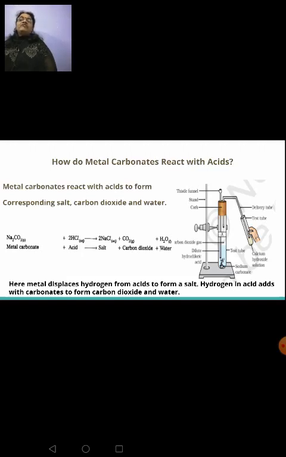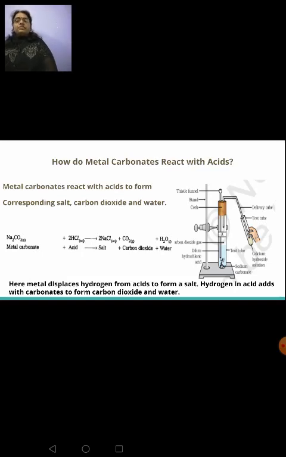In the figure you can find a test tube containing calcium hydroxide solution held towards the other end of the bent tube. So what happens when carbon dioxide gas is liberated, it passes through the bent tube and comes in contact with the calcium hydroxide solution, and it turns that lime water milky. When lime water turns milky, we can understand that carbon dioxide gas has come in contact with it.